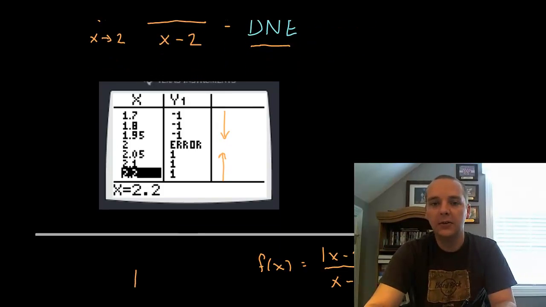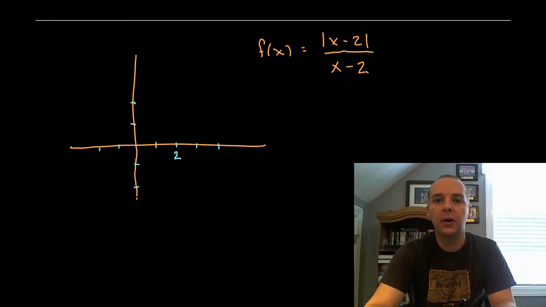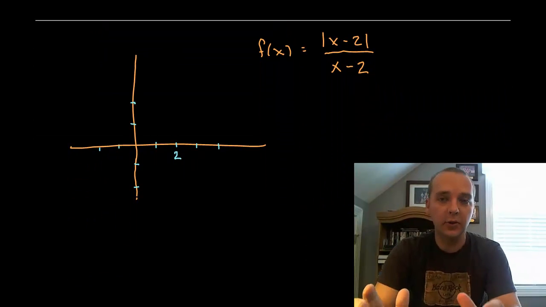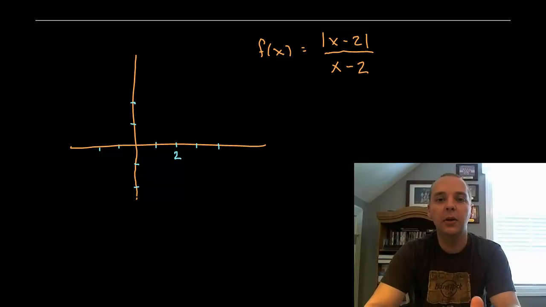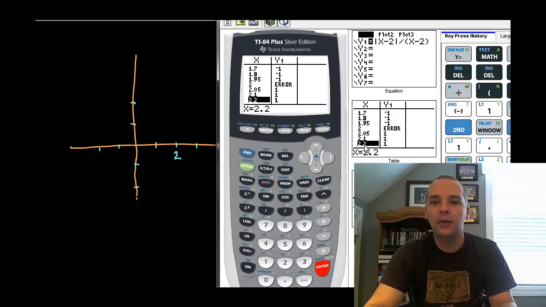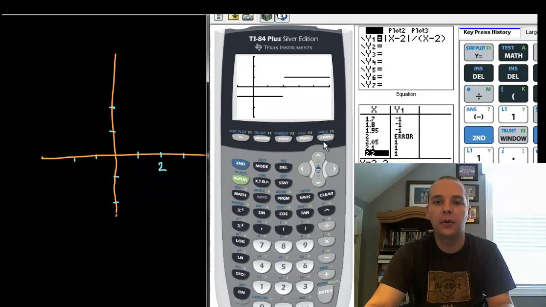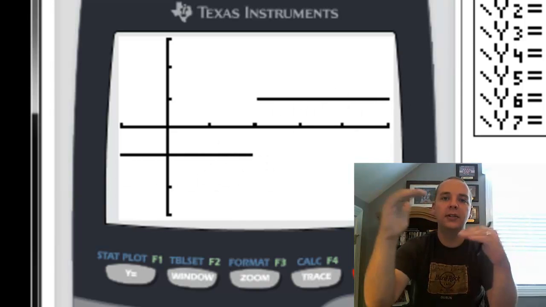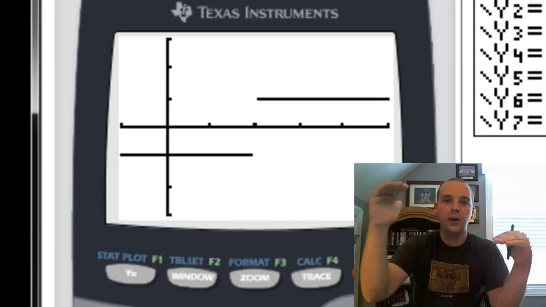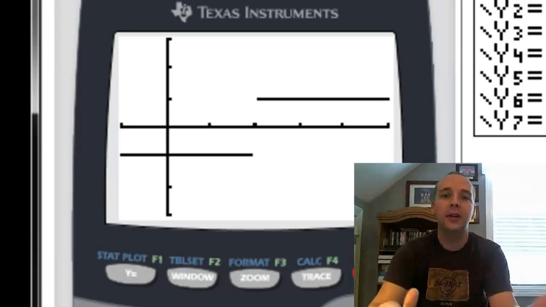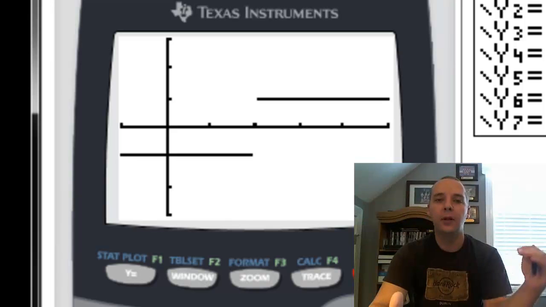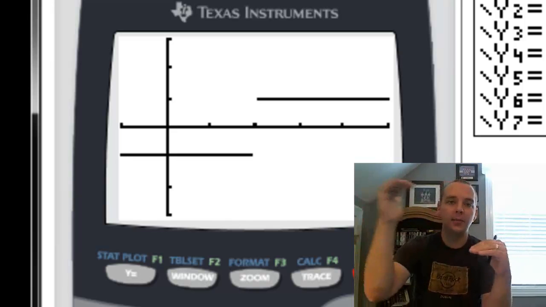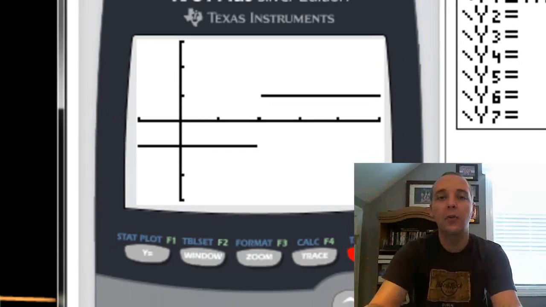Now, just in closing, I'll show you a couple of other things as well. If we wanted to do this graphically instead of numerically, we could do the same thing. We could either graph this on our TI, and you can kind of see the graph down here at the bottom, or I'll graph it right here. From the left of 2 is -1, and from the right of 2 is +1. And so we see the y values do not go to the same place, or to say it another way, the limit from the left-hand side does not match the limit from the right-hand side,